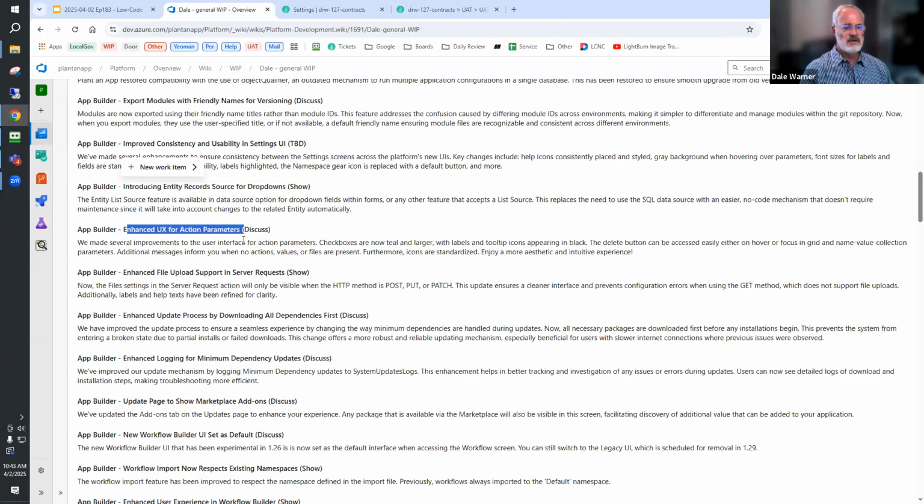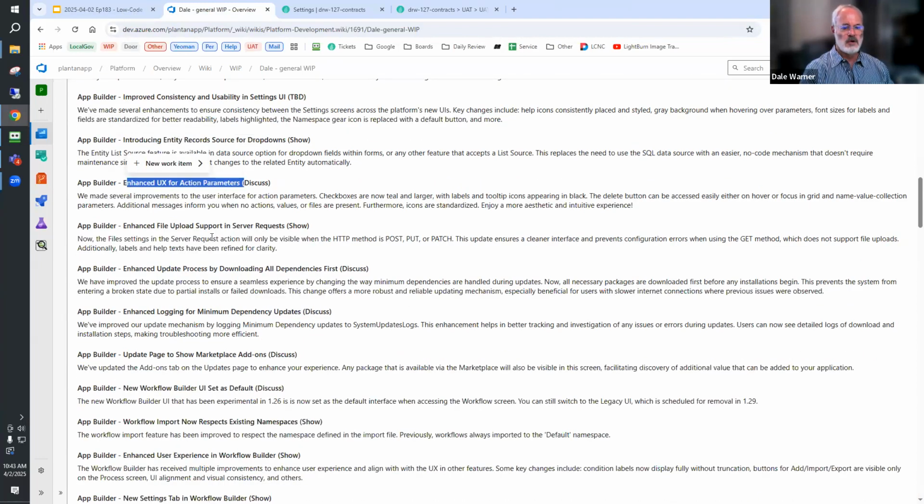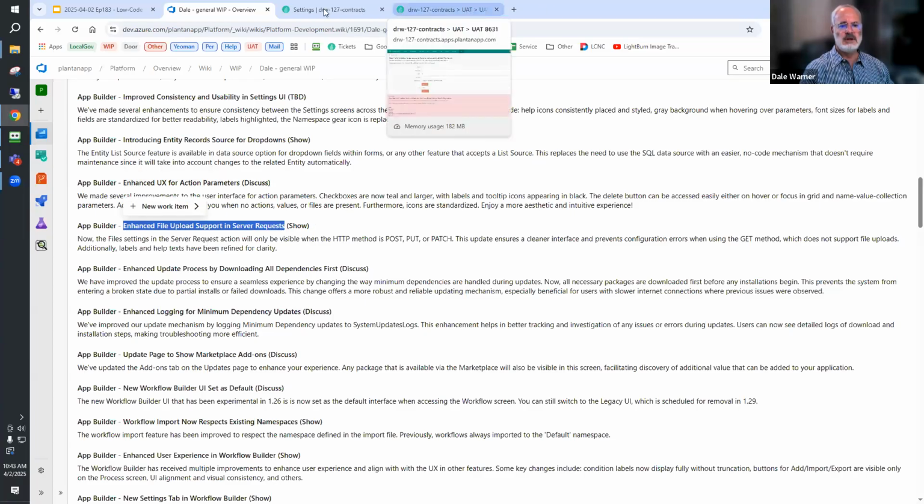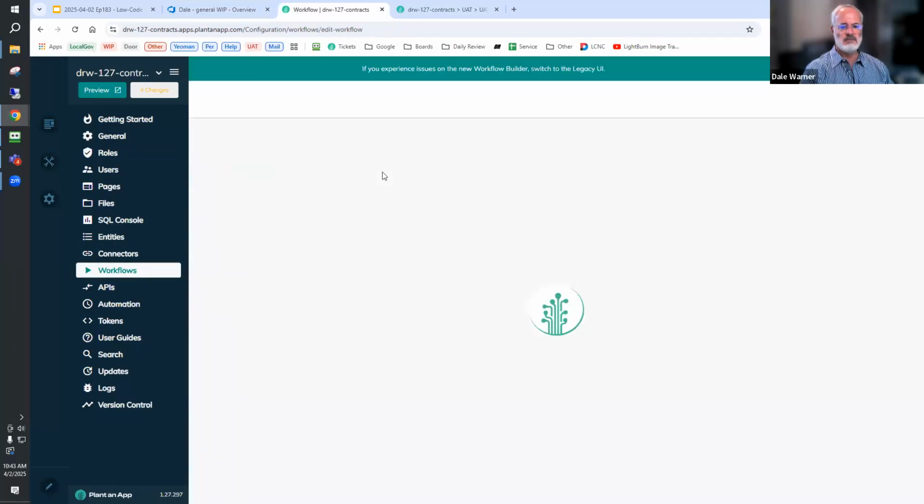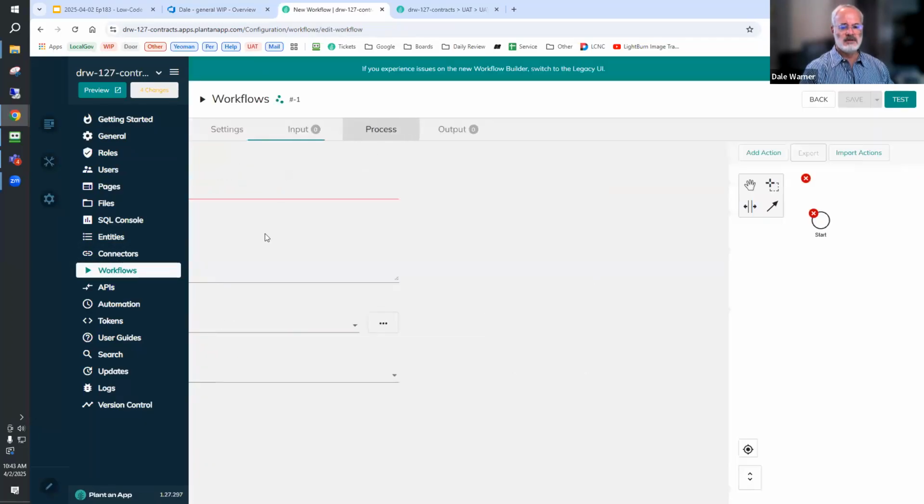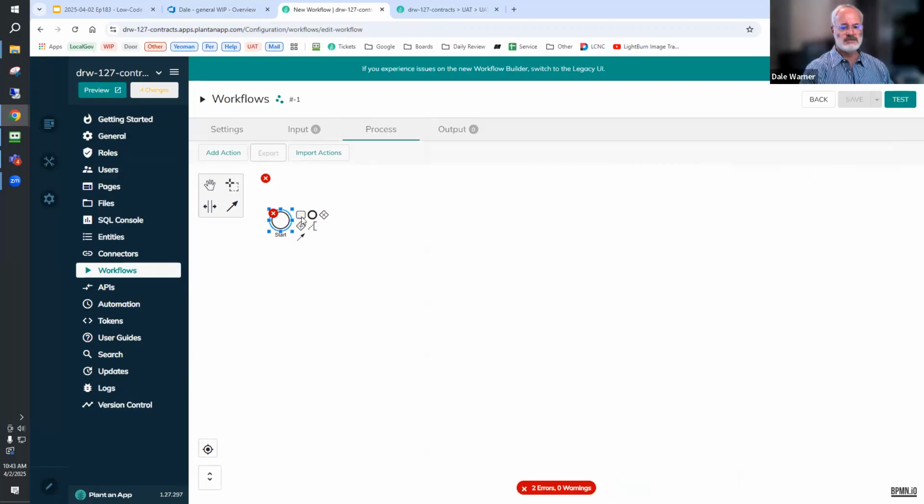Enhanced user interface for action parameters. Again, this kind of falls into that consistency category, and I already kind of touched on it. File upload support in server requests. So we have a server request action, and I'm again just going to start a new workflow and take a look at that. The server request action,